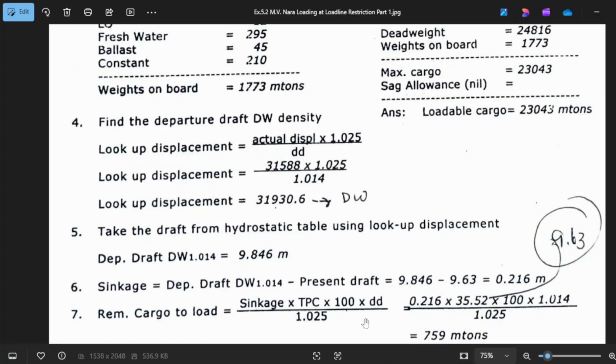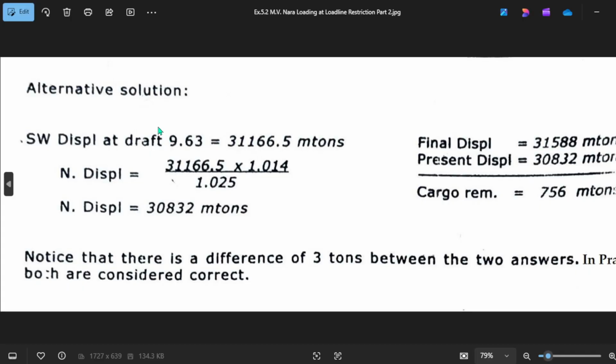So, 759. And here's another solution. The alternative solution is a saltwater displacement of 963. The displacement in saltwater of 963 is 711653. This will be your new displacement in saltwater.